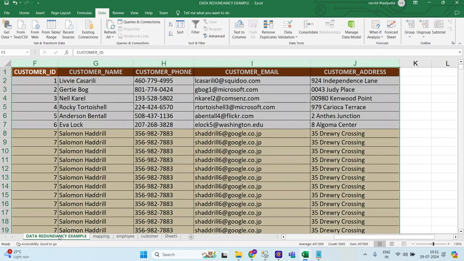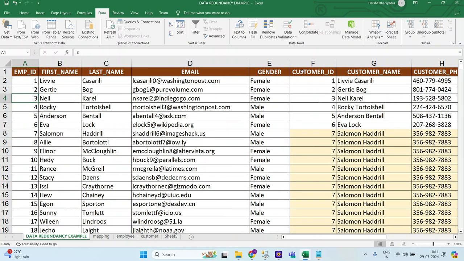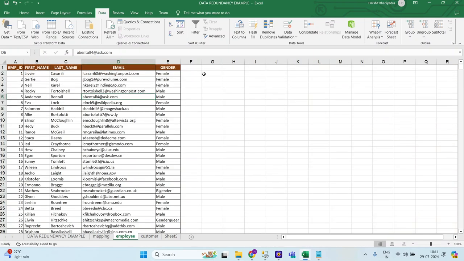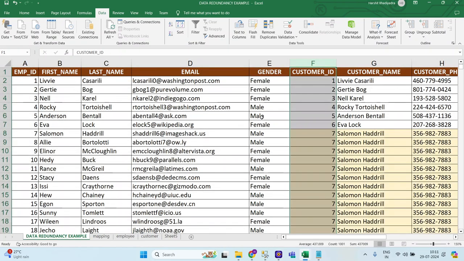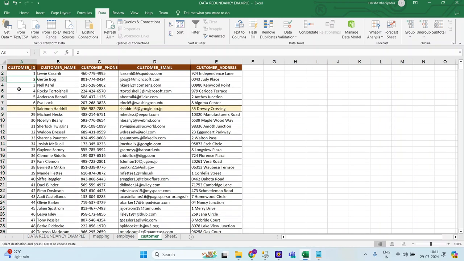Now normalization we can do in two different ways. One thing, we can mention this customer ID in the employee table itself over here,